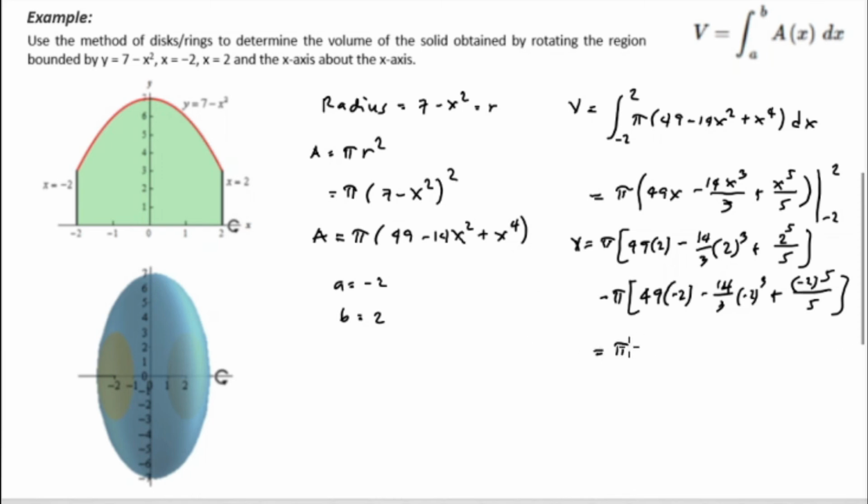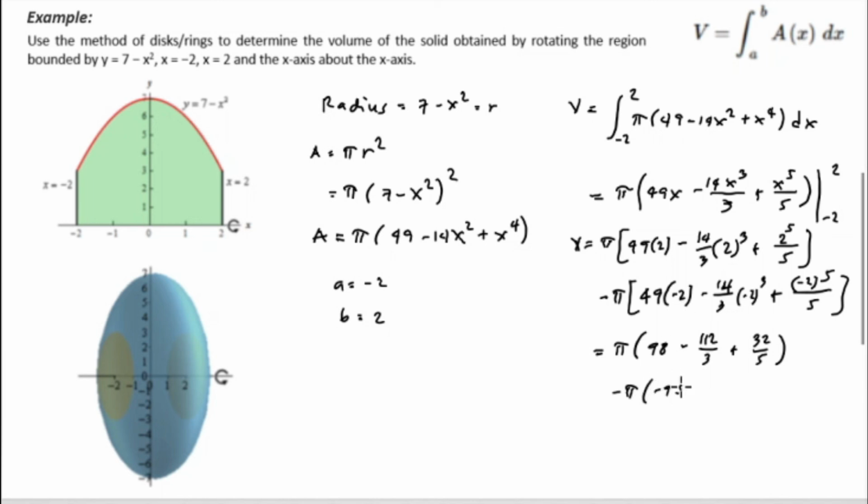Pi, and this is 49 times 2, it is equivalent to 98, minus 14 times 2 cubed over 3, it is equivalent to negative 112 over 3, plus 2 exponent 5 is 32 over 5, minus pi, and 14 times negative 2,